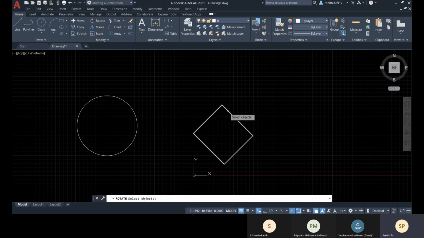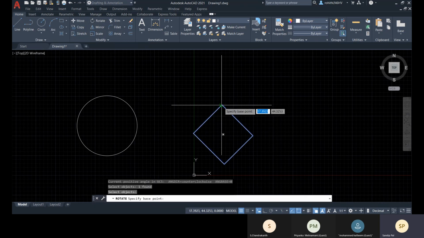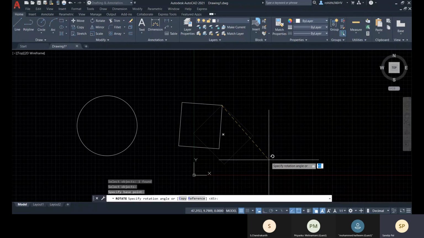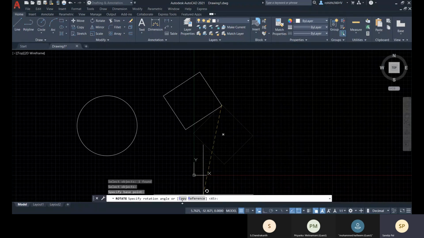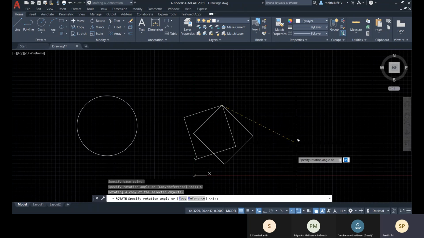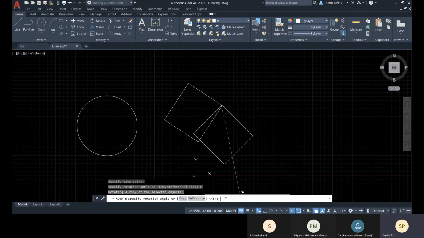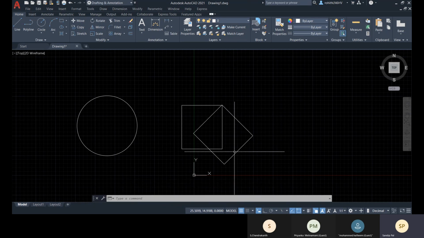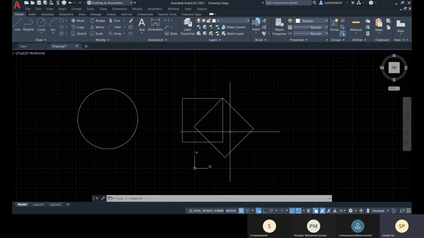Now if I go for rotate again and specify the base point, and then go for this copy option and enter minus 45, here you can see that I have created another duplicate by rotating it, in the clockwise direction.